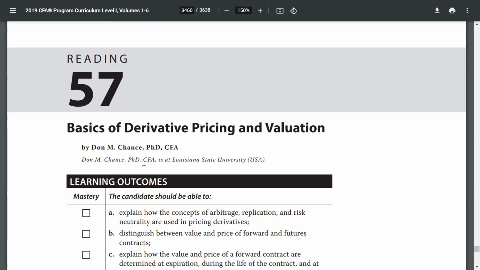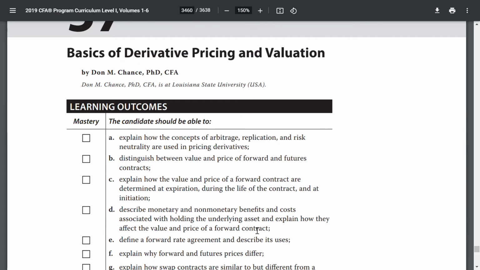Reading 57, Basics of Derivative Pricing and Valuation. The candidate should be able to explain how the concept of arbitrage, replication, and risk neutrality are used in pricing derivatives, distinguish between value and price of forward and futures contracts, explain how the value and price of a forward contract